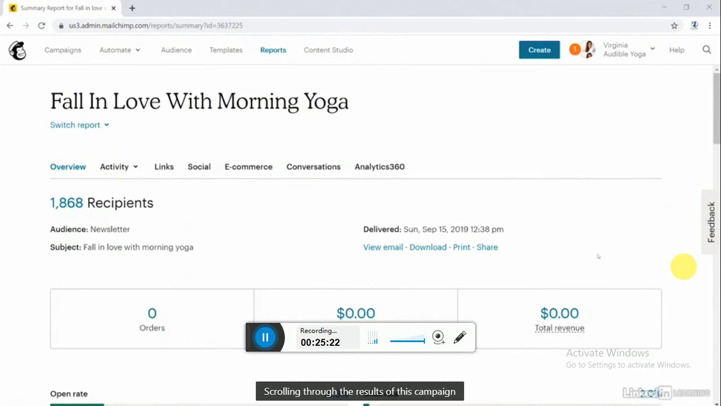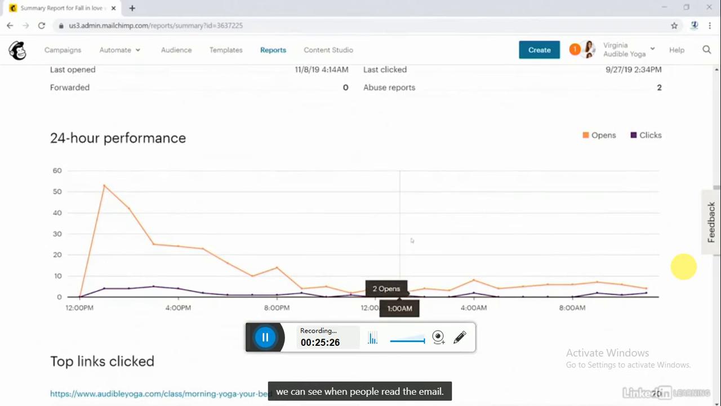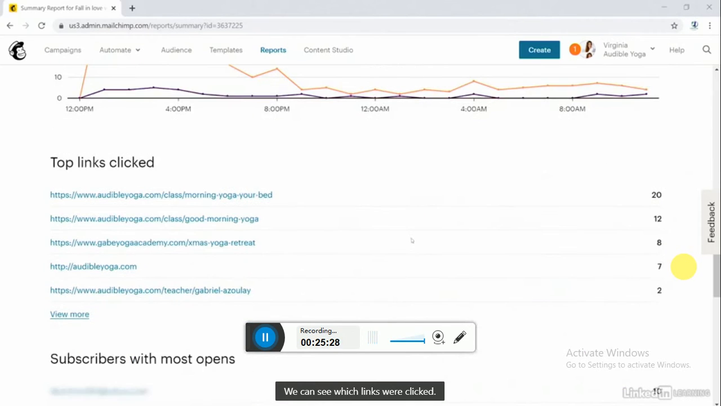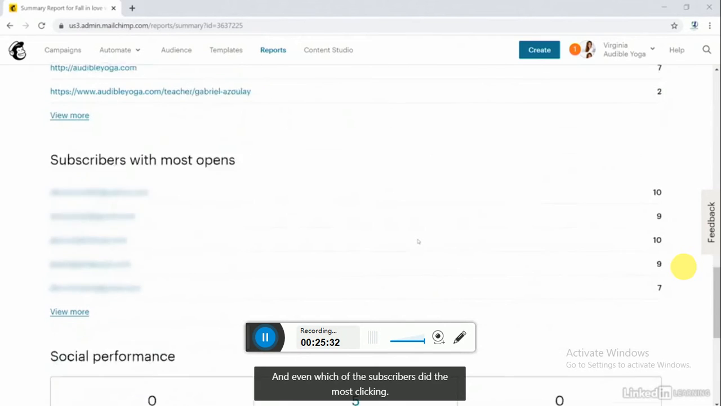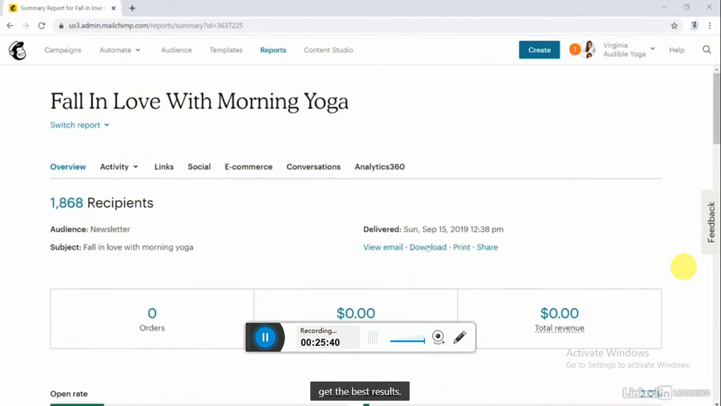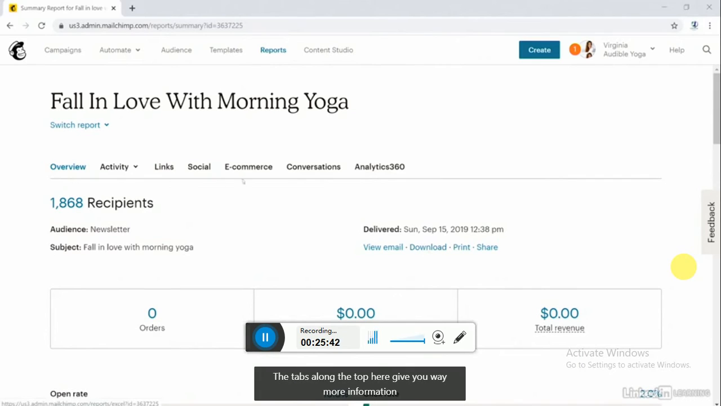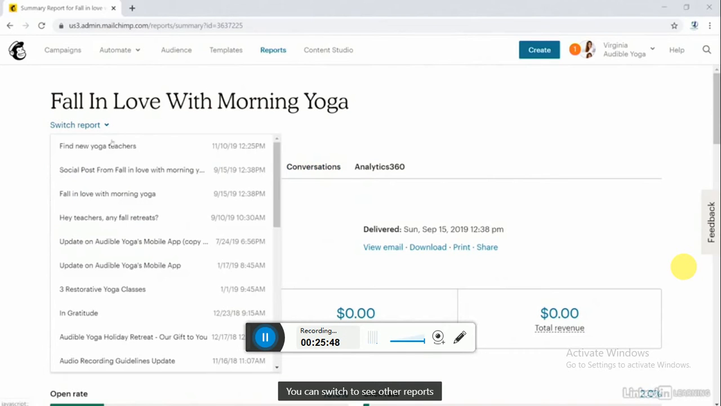Scrolling through the results of this campaign, we can see when people read the email. We can see which links were clicked, and even which of the subscribers did the most clicking. The map at the bottom tells you where your readers are, and you can see which regions of the world get the best results. The tabs along the top here give you way more information about your campaign and how it's doing. You can switch to see other reports